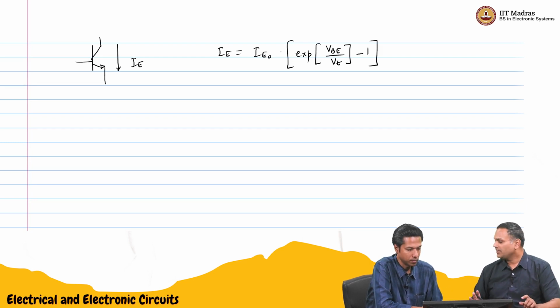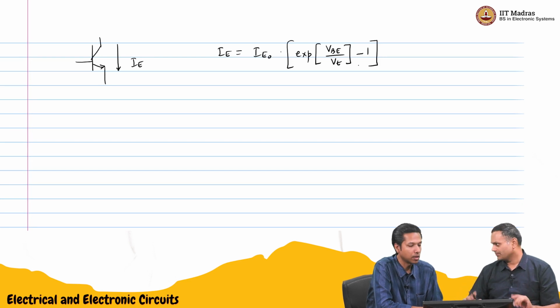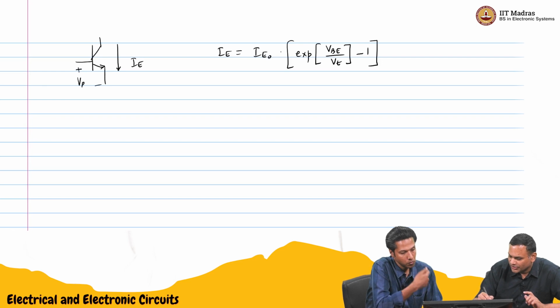Yes, this was the equation. When VBE was very large compared to VT, we neglected the 1 and so on. It almost looks like an exponential curve. So the base emitter junction voltage